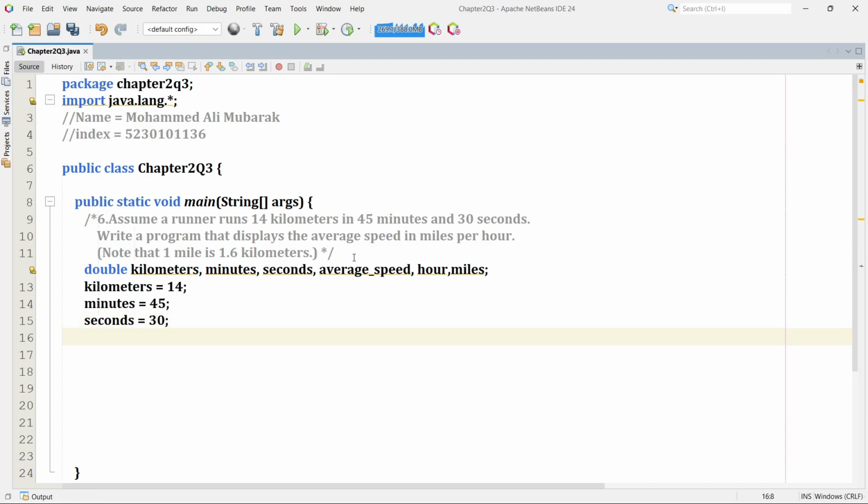Now let's define the other variables. So we have average speed, we have miles, so we said 1 mile is equal to 1.6 kilometers. So it's going to be kilometers divided by 1.6 is going to give us the total miles, and hours is going to be